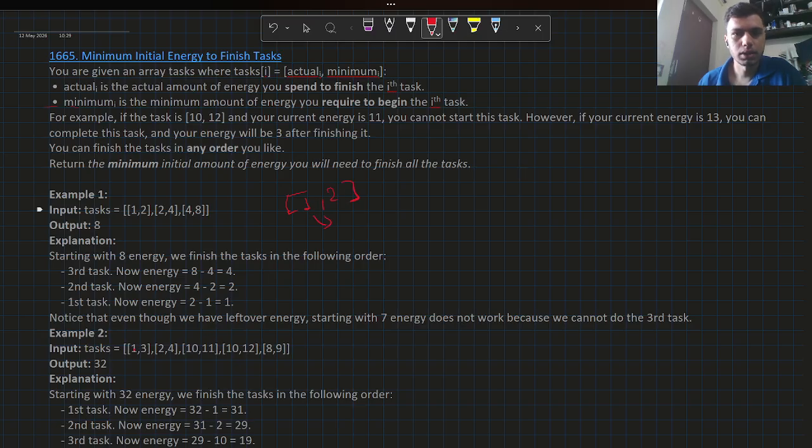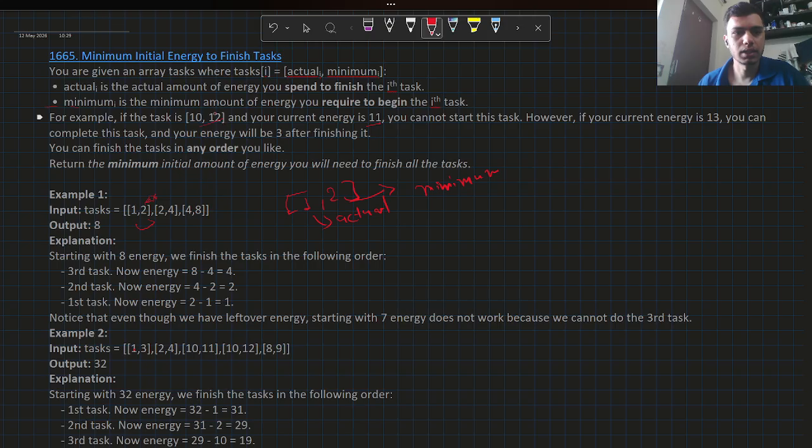This is the actual energy, and that is the minimum energy to start the task. In this problem, the first is the actual energy to finish the task, and the second is the energy required to start the task. If we have 10 and 12, and our energy is 11, then